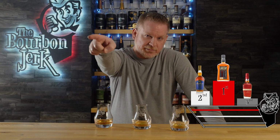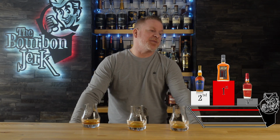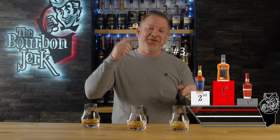Let's figure out what these are. Number 1 was... That's gonna be your Cellar Aged. There you go. Maker's Mark Cellar Aged coming in 3rd out of the bunch. What do we got for number 2? It's gonna be your Weller. Well, they're Full Proof. Okay, I kind of thought that was number 1, but you know, in a blind, anything can happen. Great pour, but just not quite as good as number 1, which was the...